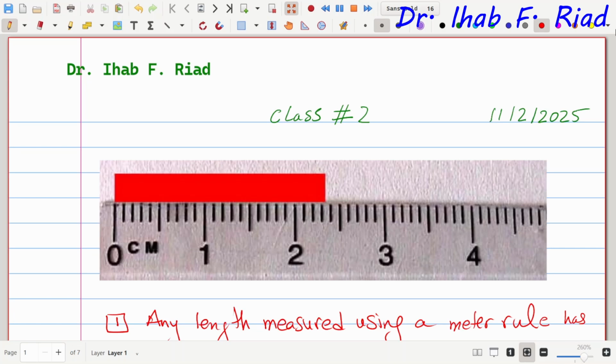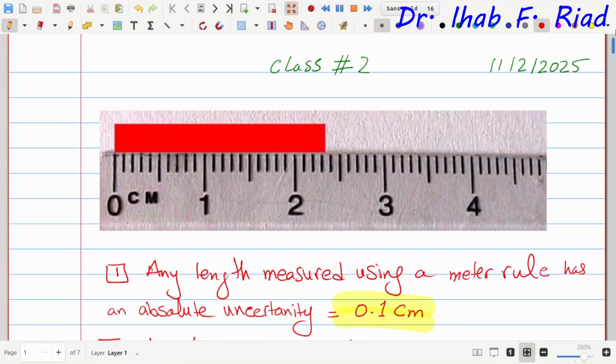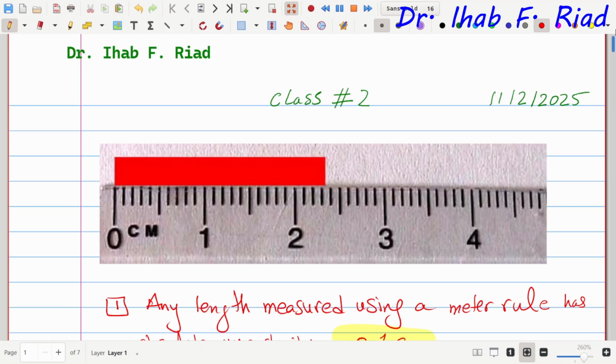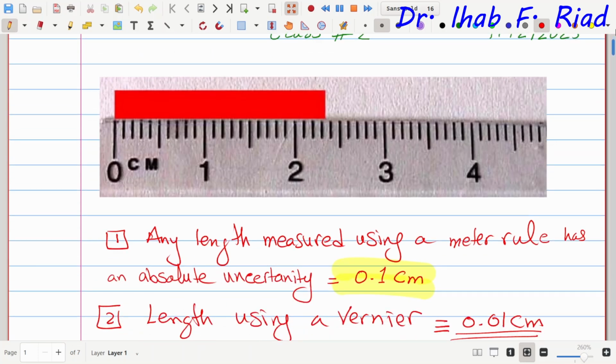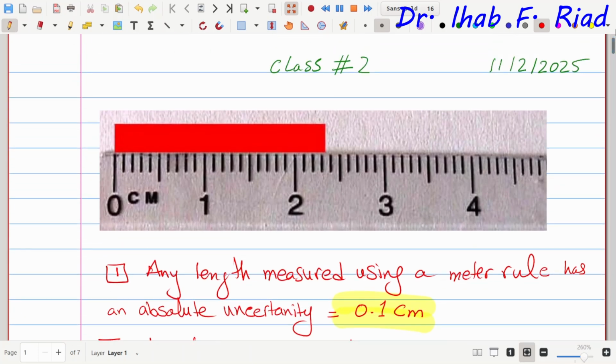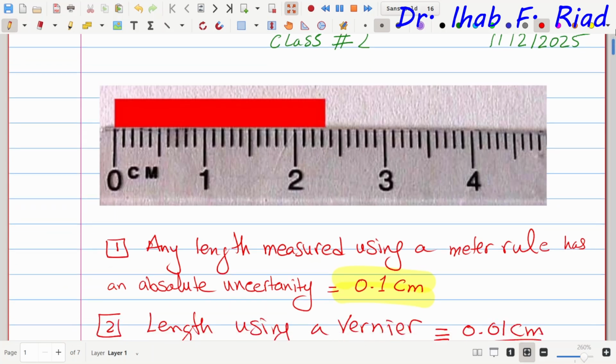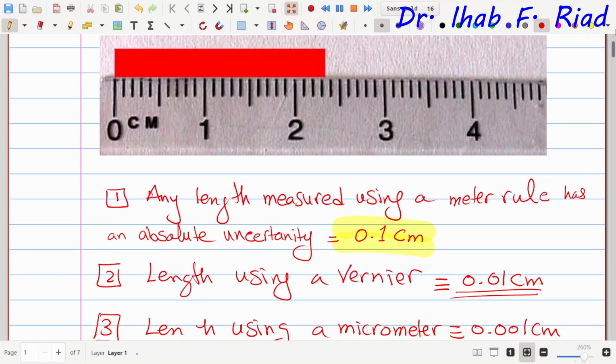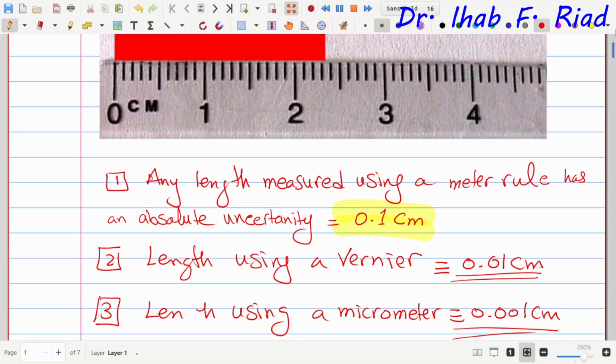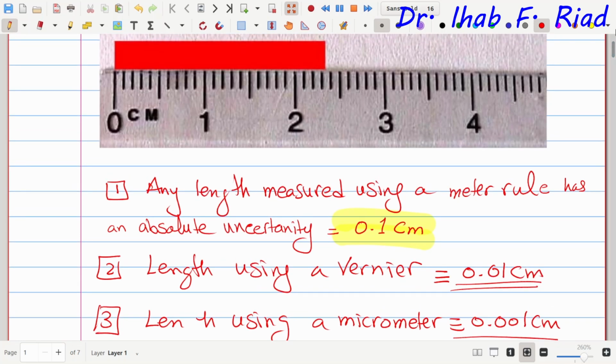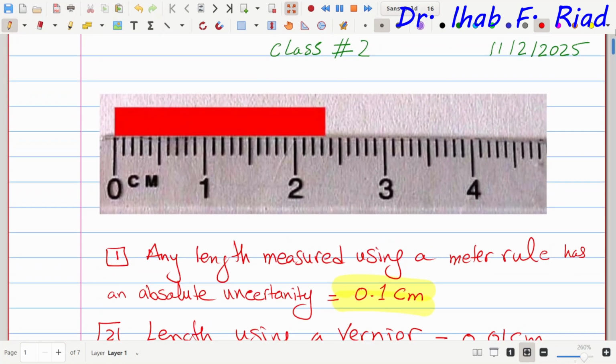Good morning. Today, I would like to emphasize some of the concepts or ideas that we discussed last time, or part of the things that we discussed last time. If you remember, one of the things that we discussed last time is the uncertainty that we encounter when using measuring instruments. And if you remember,